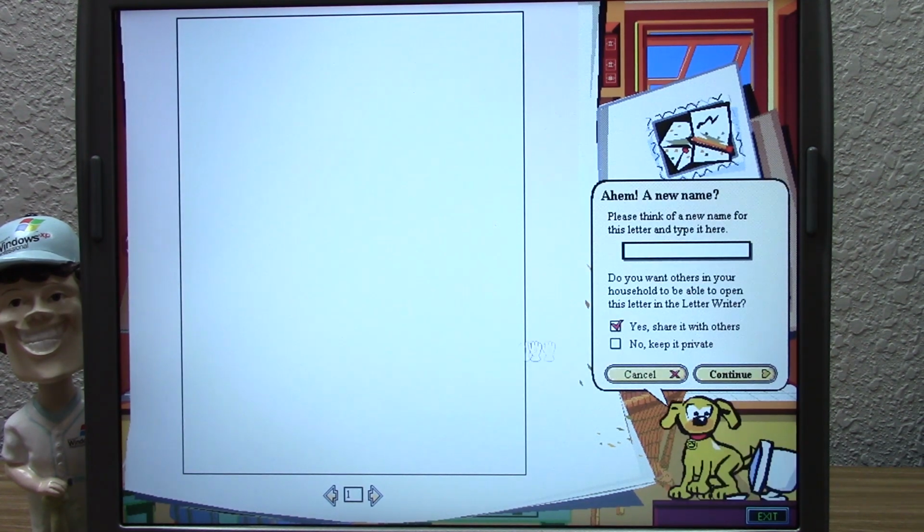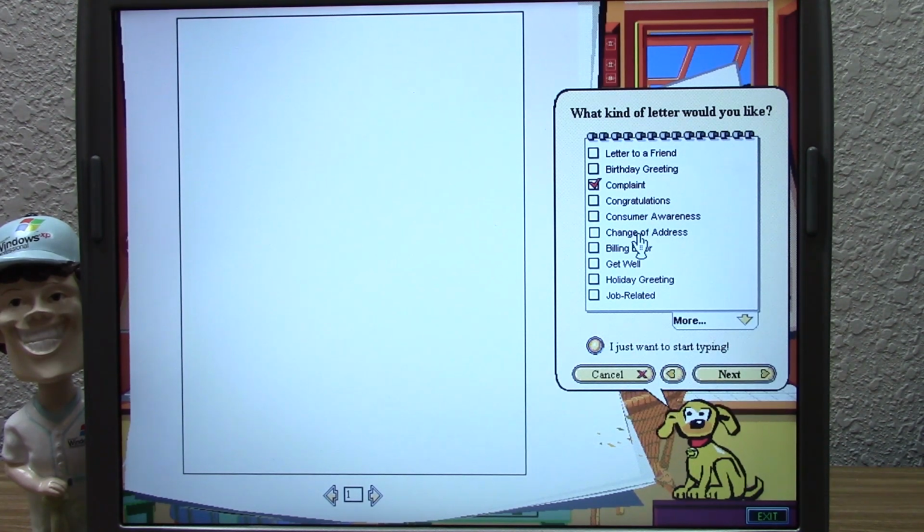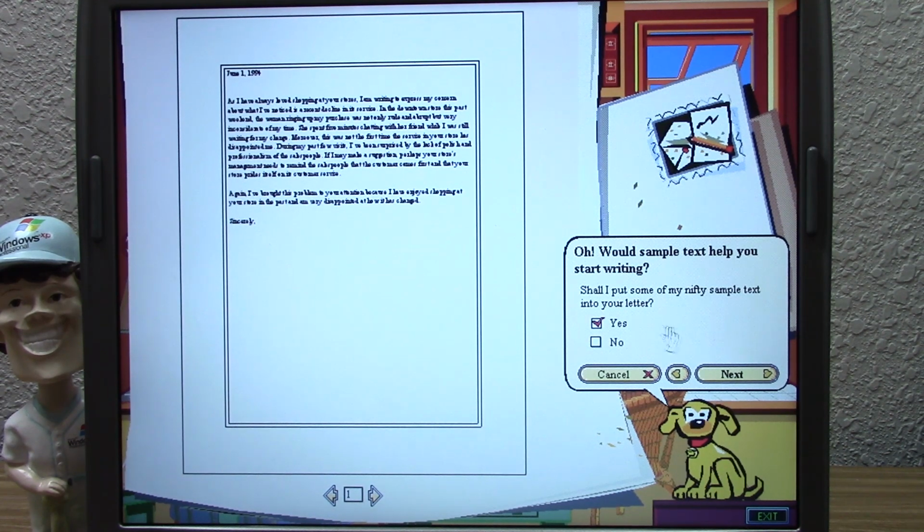But apparently, if we create a new letter, what kind of letter? We're going to write a complaint. That's always a good use of writing a letter. So this is one of the other things that Bob does. Instead of just giving you a template and a word processor, boom, go to work, they take something as simple as a letter writer and make it so cumbersome to use